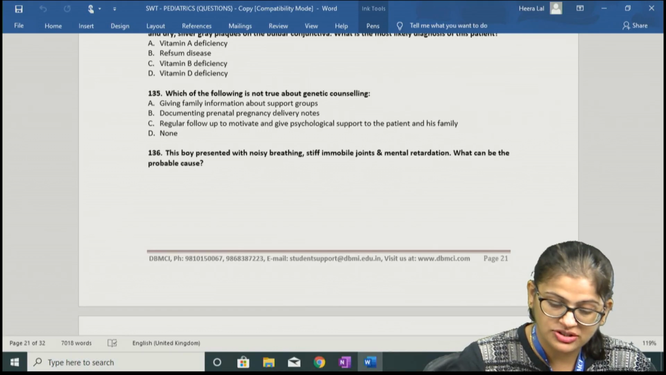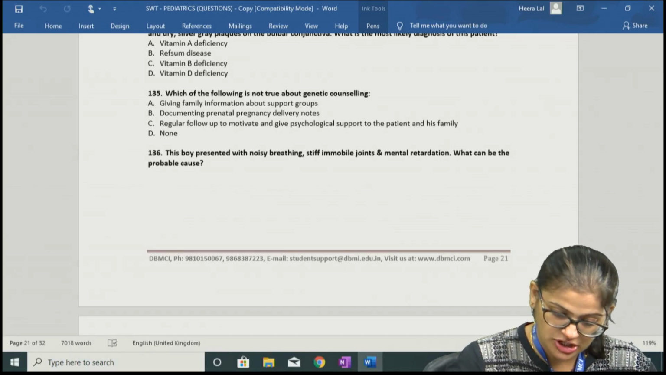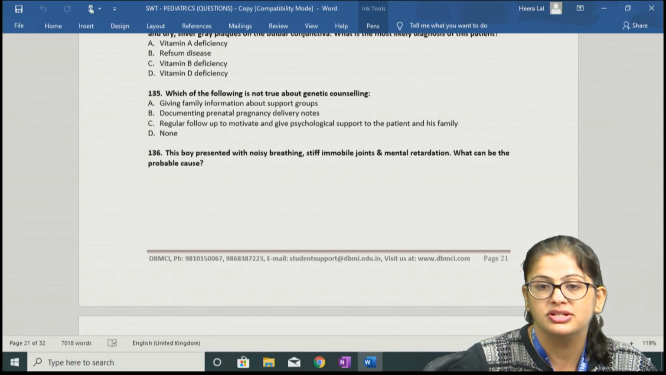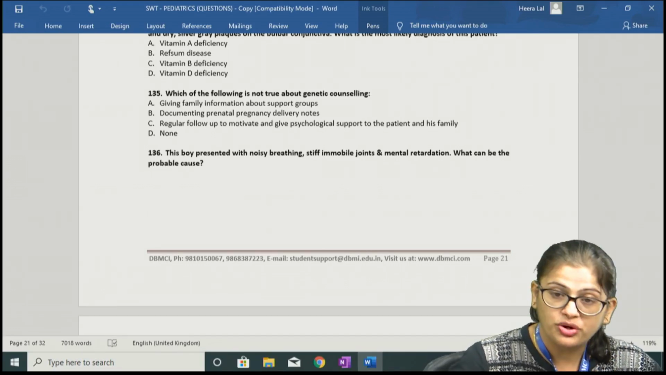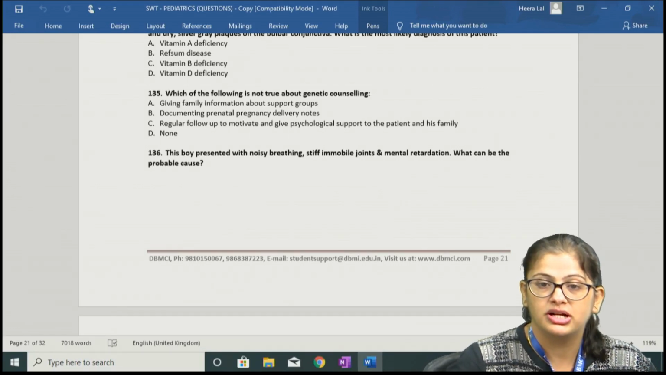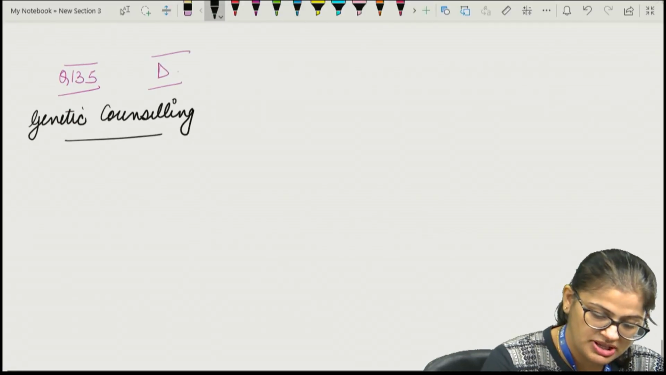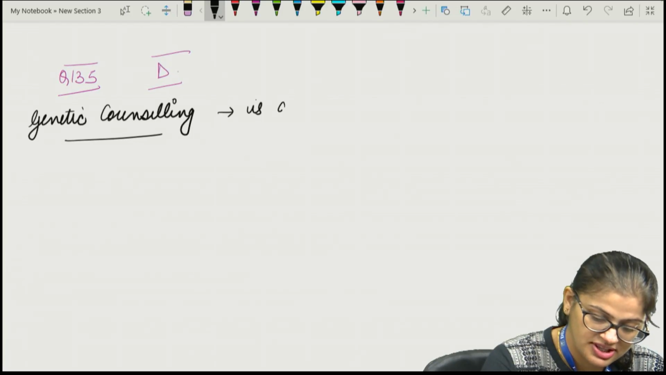You should know that genetic counseling includes giving the family information about the support groups. It also includes documenting the prenatal, pregnancy and delivery notes, and it also includes regular follow-up to motivate and give psychological support to the patient and his family. So what do you require to give genetic counseling to the parents or the family? Genetic counseling basically is a communication process